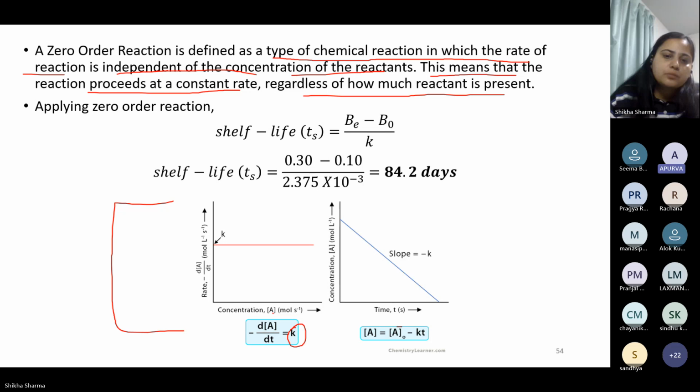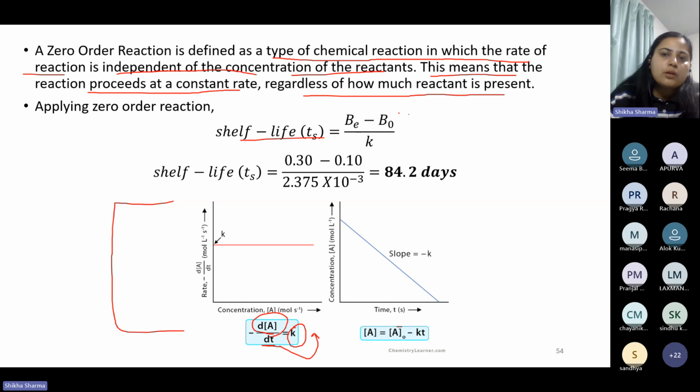So we can see from this formula, dt here means time, and this is the concentration difference divided by K. So T, which is shelf life, is equal to